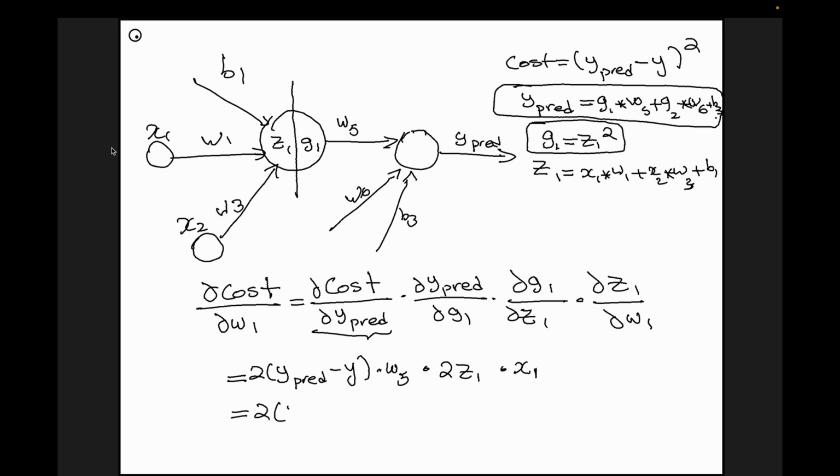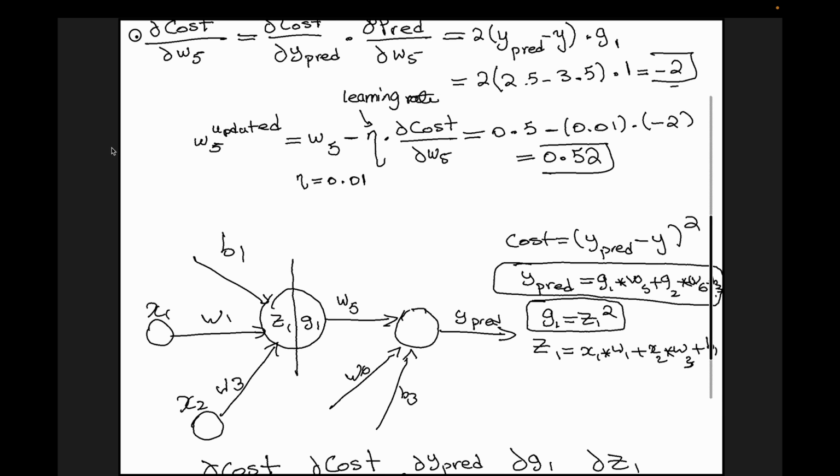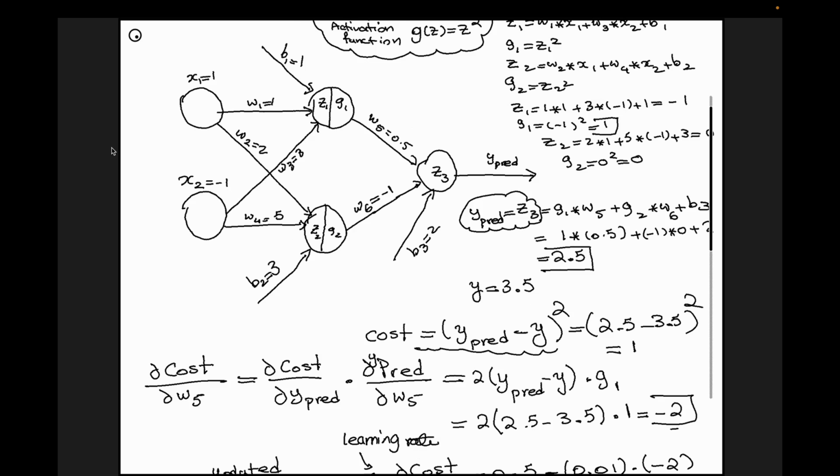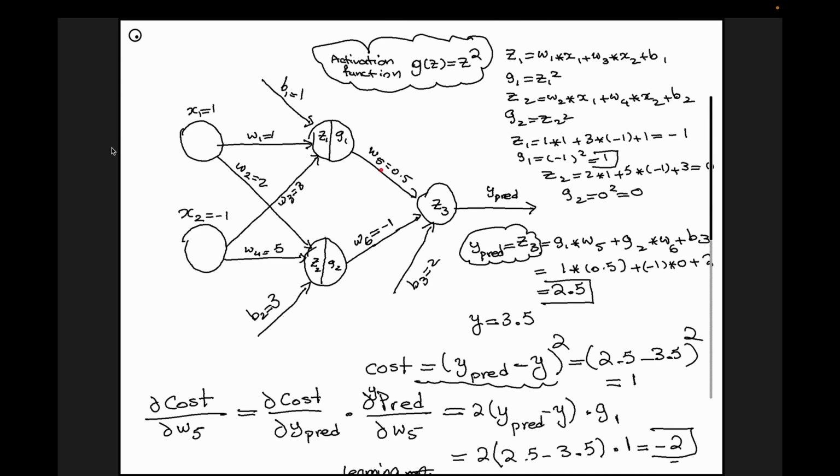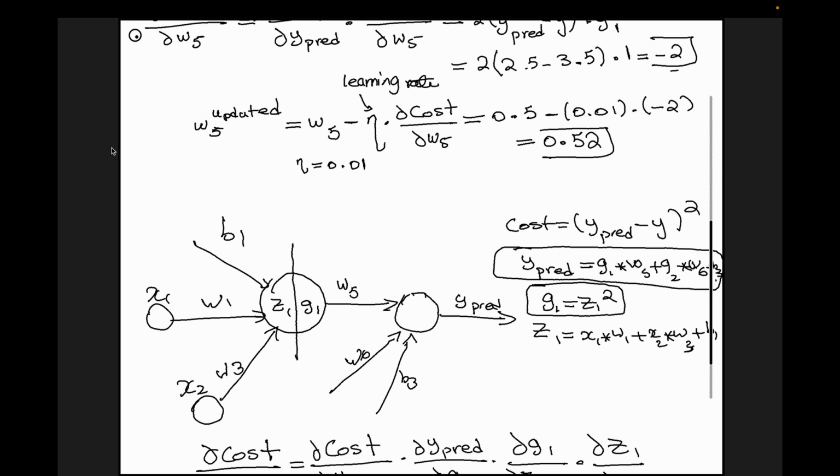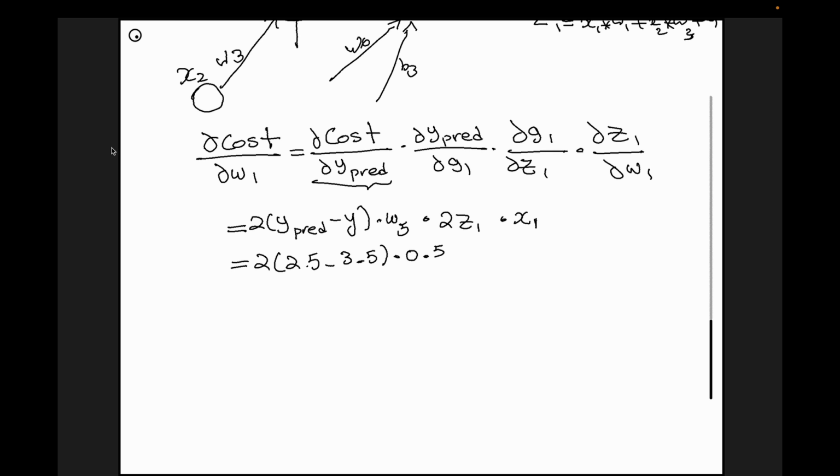So 2 times (2.5 minus 3.5). W5 was, I think, 0.5. Yes, it is 0.5. Okay, so let's go back so that we make sure we bring in the right numbers. Yes, W5 was 0.5, as you can see here. G1 is 1 and Z1 was -1. Okay, cool. So 2 times Z1, that will be 2 times -1. And X1 was,